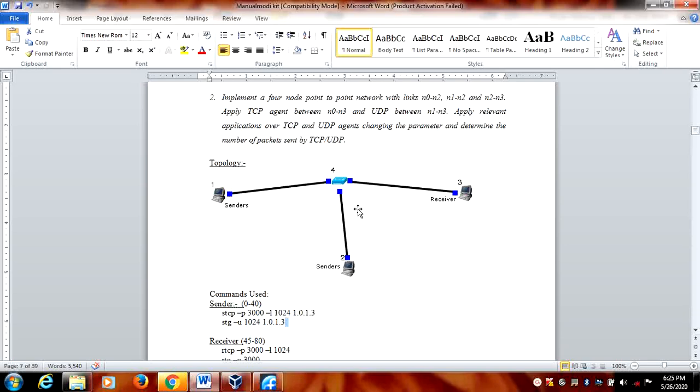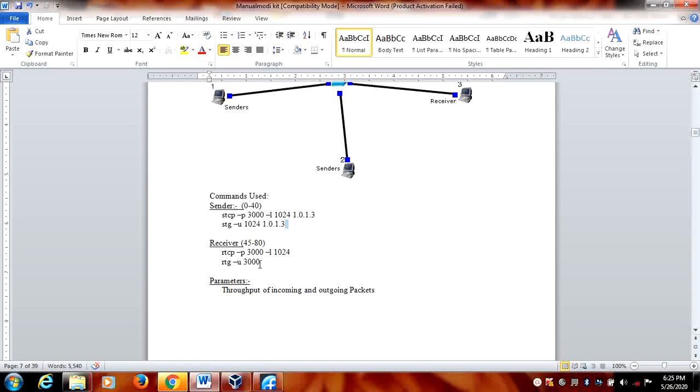This one, the same topology for the first experiment what we have taken, same thing I have to adopt, but the path what I have chosen is different. That's it. The same thing we are repeating. So for that one, see the command. For the first one, what I want to give, a TCP agent. For the second one, it is a UDP agent. At the receiver section also, I want to give TCP as well as a UDP.